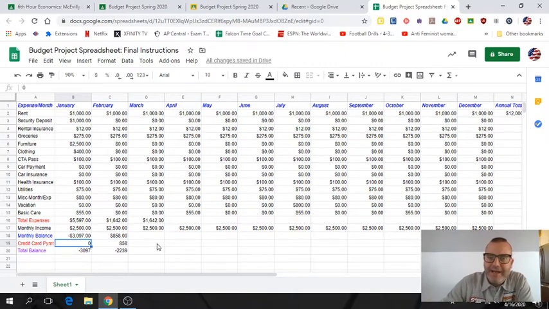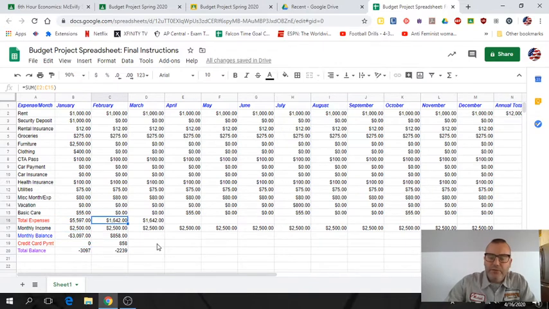This month I can make no credit card payment because I have no cash left over. I'm in debt. I've got $3,000 on my credit card that I can't pay off. So it'll be $0 there. And that gives me, to start, my total balance at the end of my first month, which is the same as my monthly balance. I'm negative $3,000 in the hole.